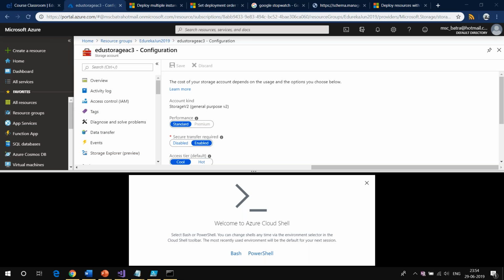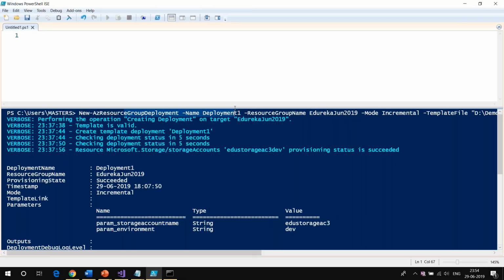And Roshan is saying, so PowerShell is internally calling REST API. Yes, Roshan, the PowerShell SDK, the Azure SDK, is installed. When you run this command, behind the scene, because it's an SDK command, it calls a REST API, and whenever you call the REST API, you pass the JSON template. That JSON template gets deployed.